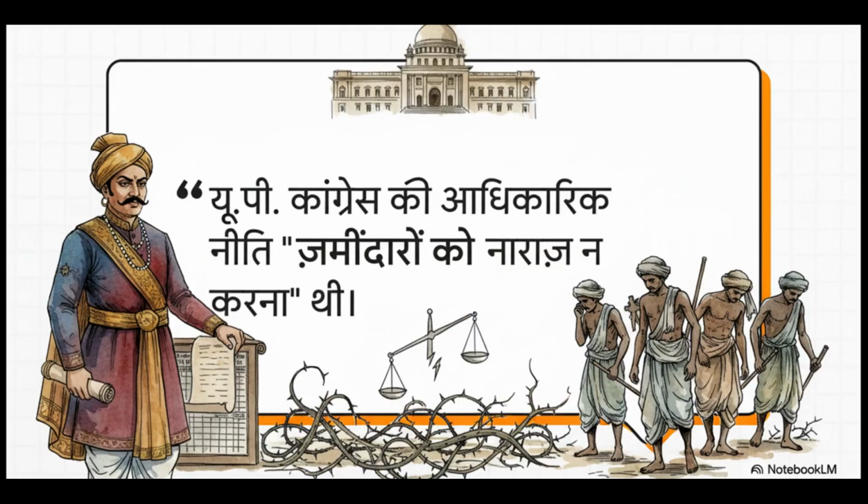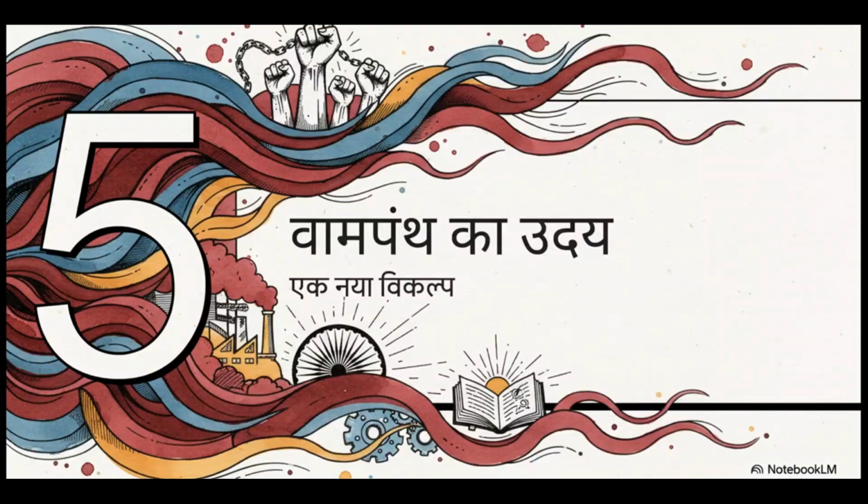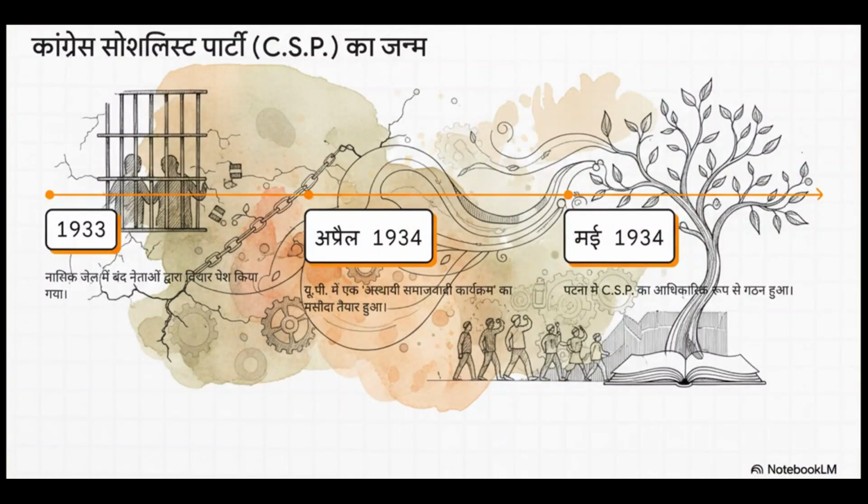बात ये थी कि कांग्रेस के कई बड़े नेता या तो खुद जमींदार थे या फिर जमींदार घरानों से उनके गहरे ताल्लुकात थे। जाहिर है इससे हितों का टकराव होता था। वो एक हद से आगे जाकर जमींदारों के खिलाफ गरीब बटाईदारों के आंदोलनों का साथ नहीं दे सकते थे। और कांग्रेस की इसी हिचकिचाहट ने, मतलब जमींदार वर्ग को नाराज न करने की इस नीति ने, राजनीति में एक खाली जगह पैदा कर दी, एक वैक्यूम। और इस खाली जगह को भरने के लिए आई नई, ज्यादा रैडिकल आवाजें। राजनीति में एक नई सोच की लहर आई जिसने राष्ट्रवादी आंदोलन के अंदर ही एक वामपंथी विकल्प, एक लेफ्ट ऑल्टरनेटिव को जन्म दिया।